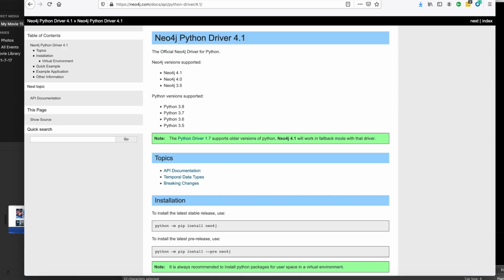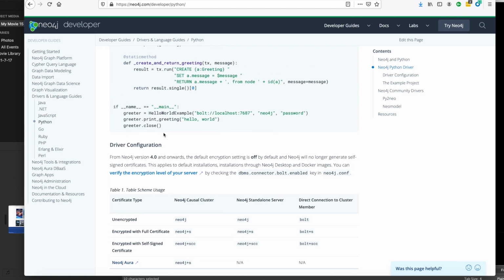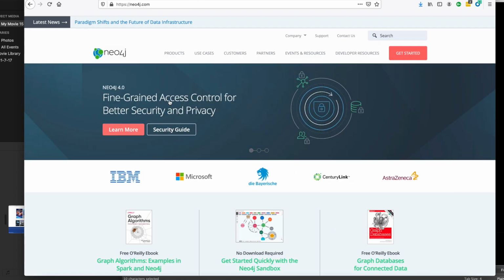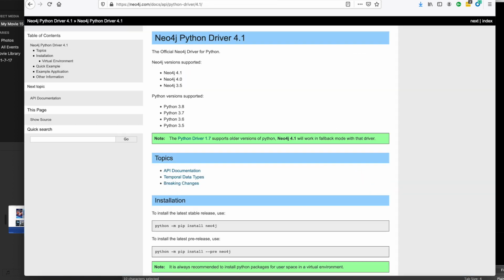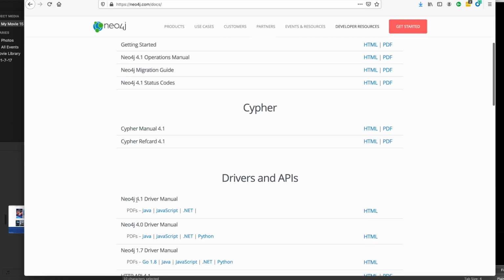We're going to be using Neo4j Sandbox to host a database for this tutorial, so you don't have to have Neo4j on your computer locally, even though that is an option for when the course is over. You can find more information about the Python driver under neo4j.com/docs/API/python-driver/4.1, or you can just go to the documentation, click driver manual,